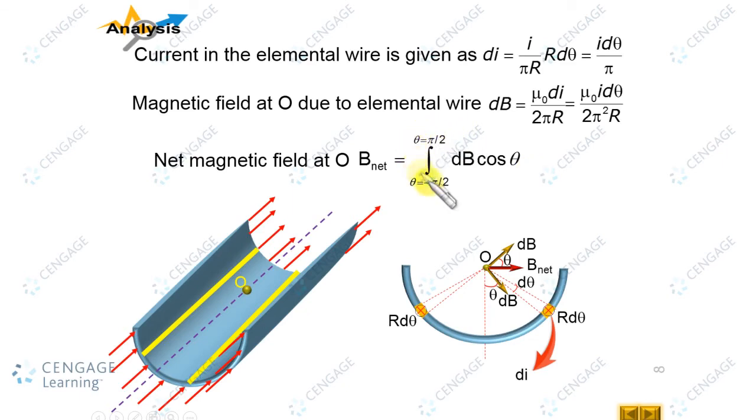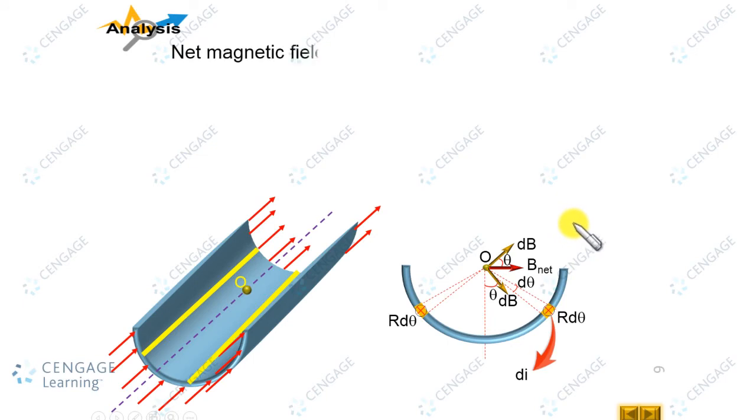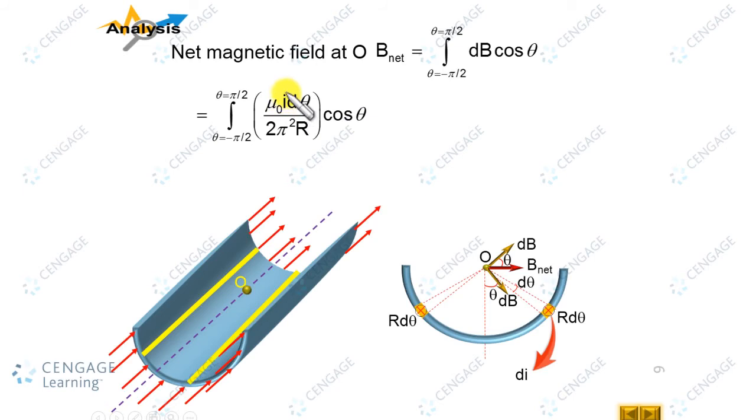Now let us integrate this value. We know the value of dB, right? So let us write this expression. Okay, the value of dB we have calculated, this one. So let us substitute the value. Now we can place the constant term mu naught I divided by 2 pi square R outside the integral, right? Now we can make the integral minus pi by 2 to plus pi by 2 as 2 multiplied by 0 to pi by 2. So this is mu naught I divided by 2 pi square R multiplied by 2, 0 to pi by 2 cos theta,